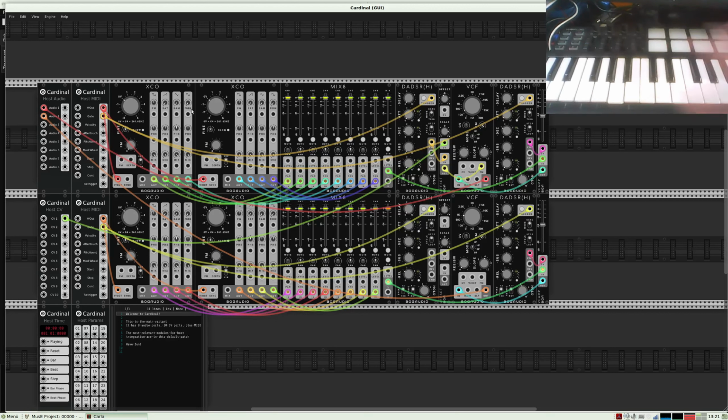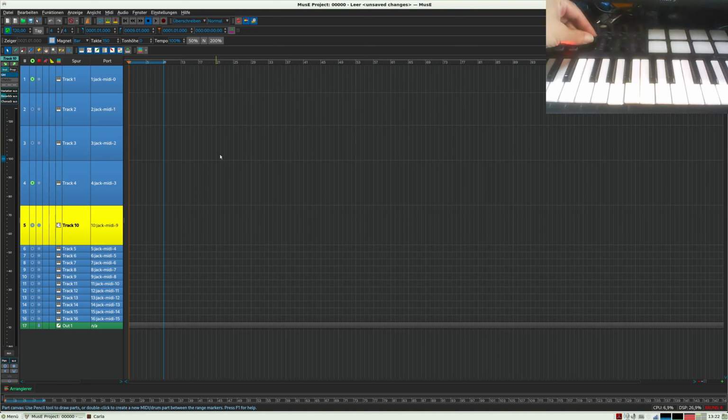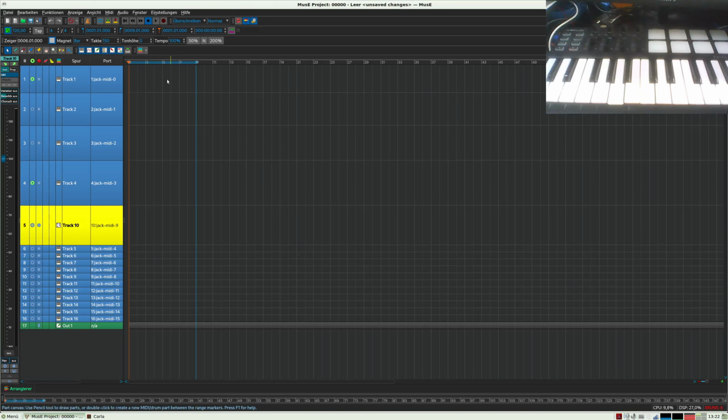So now let's create a short bass phrase. I don't do it with the keyboard. I go to Muse and have a look here. Where are we? Okay, yeah, we have 8 bars selected.